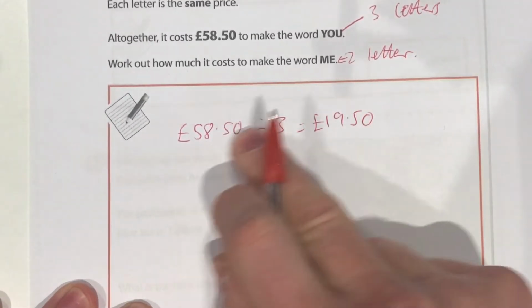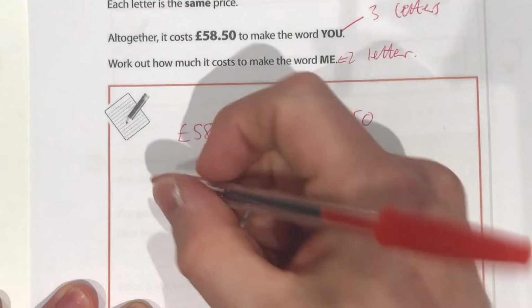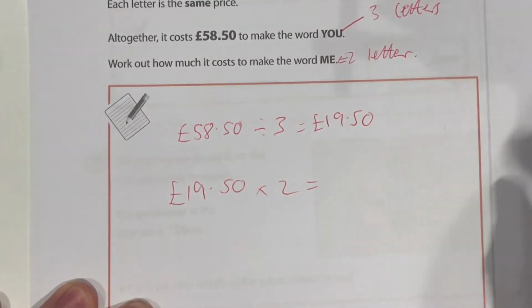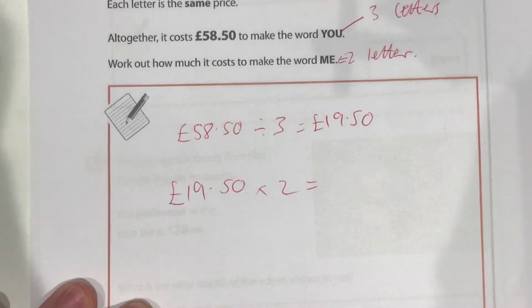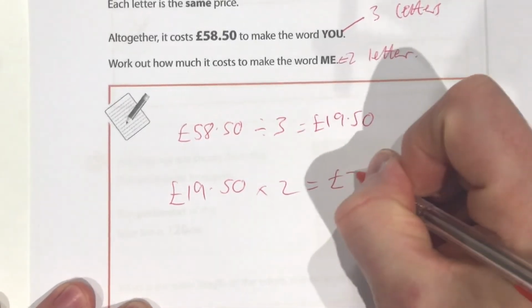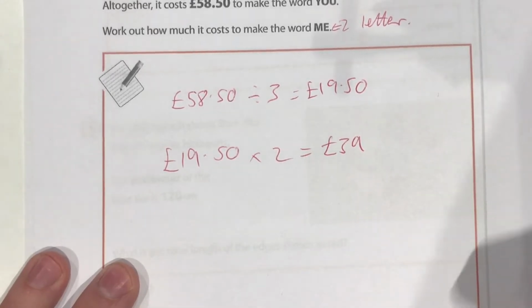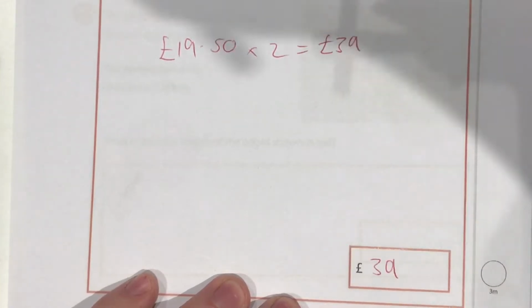Now there's 2 of them, or for dividing by 3 you get 1 mark. Now £19.50. Well, doubling it is where we're going to get our second mark, because we now have 2 letters, which is £39, which is your final answer of £39, because there's only 2 letters needed to spell the word